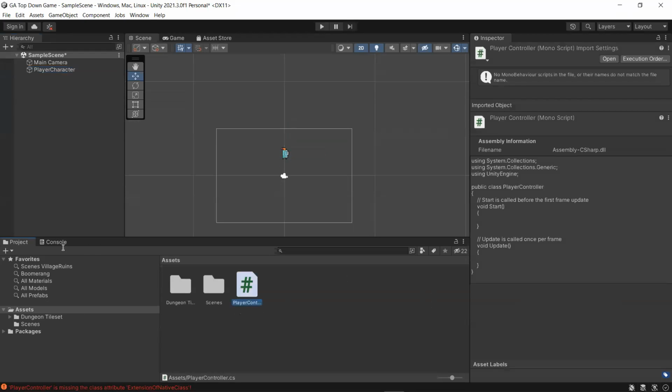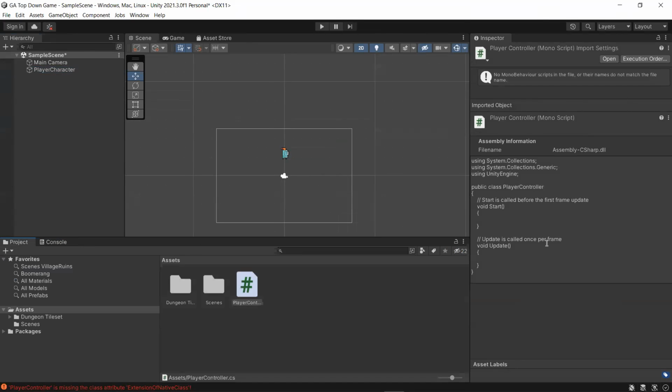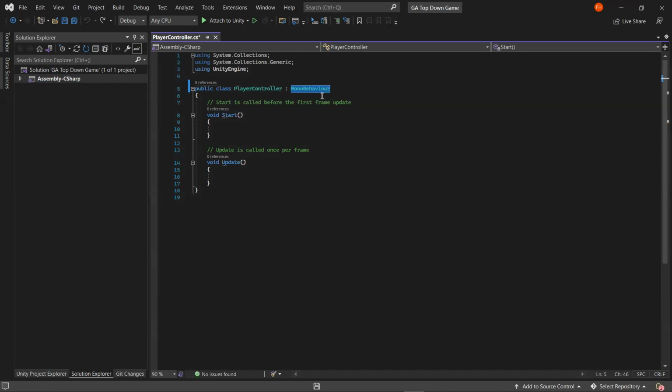You're going to see here we have an error. Player controller is missing the class attributes. And here on our player character, the associated script file cannot be loaded. That's because we removed the MonoBehaviour inheritance. MonoBehaviour allows us to attach scripts to our Unity objects, and it also allows us to use